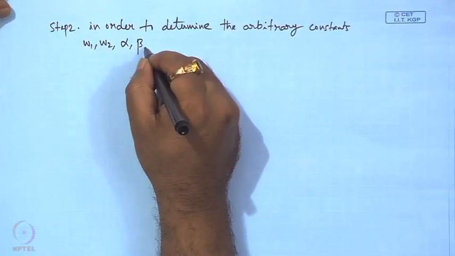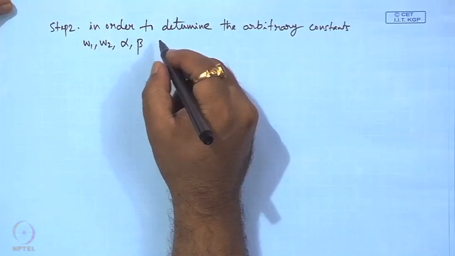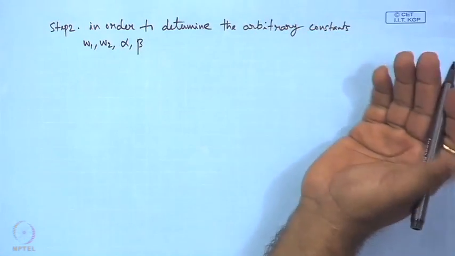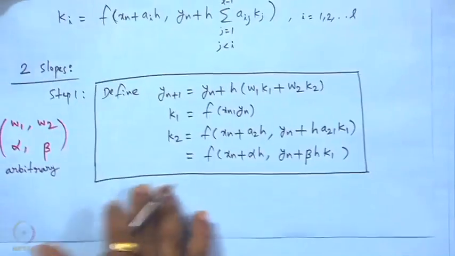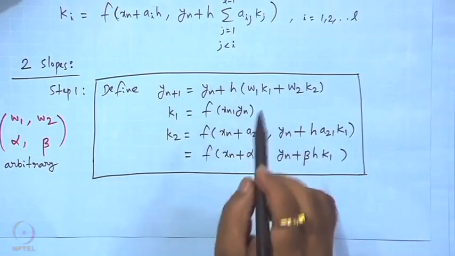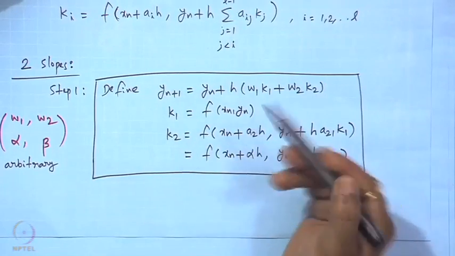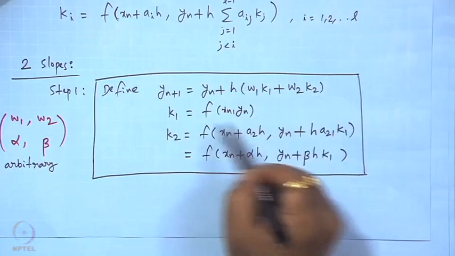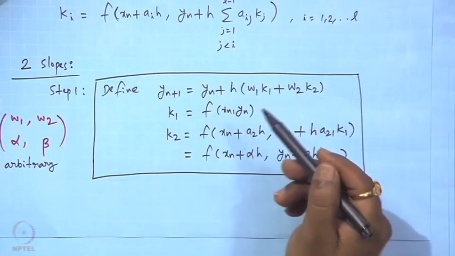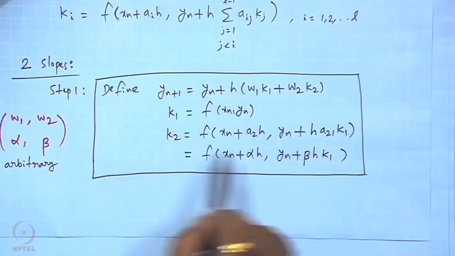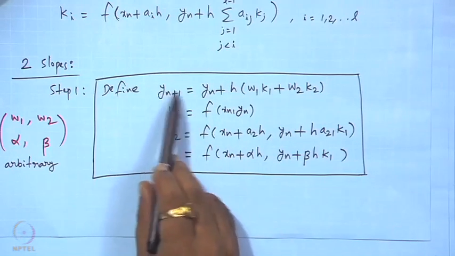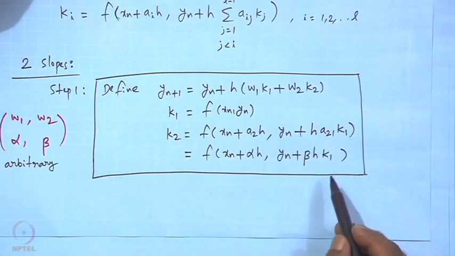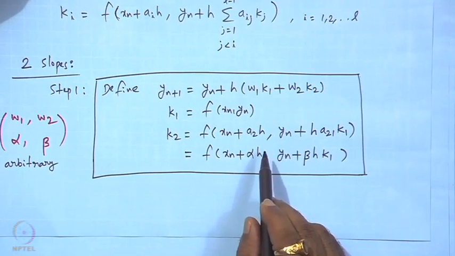What do we do? Already I mentioned, see what is this? This is an approximation. This is an approximate solution for the given initial value problem. So, now approximating what? Approximating the true solution. So, therefore, who is the fellow with whom we have to compare? We have to compare this with the exact solution, but then the exact solution is not known to us. So, what we do is